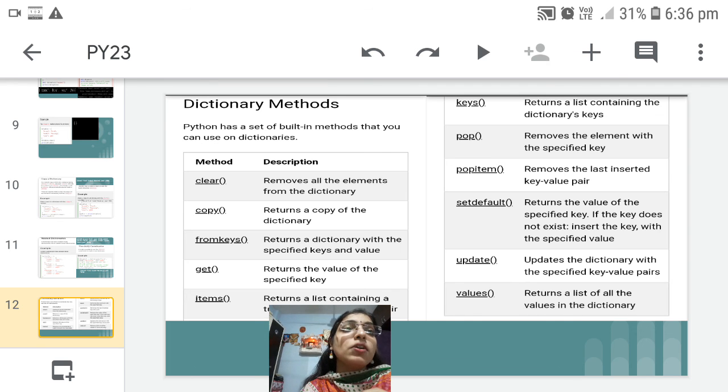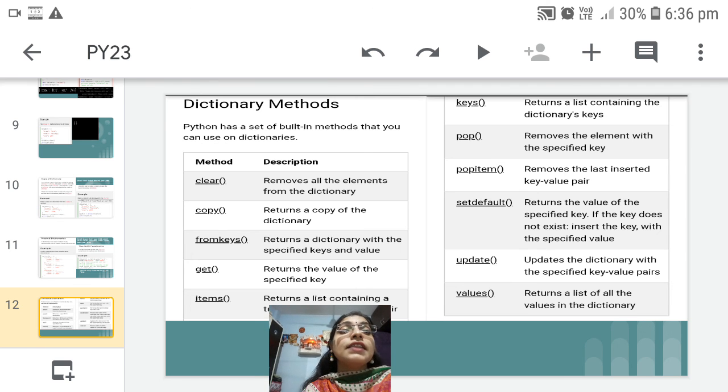Then there is the setdefault method, which returns the value of the specified key. If the key does not exist, it inserts the key with the specified value. So setdefault means if you want to display the value of a specific key, just provide the key and value pair into round brackets. If that particular key is present, then the output will be displayed.